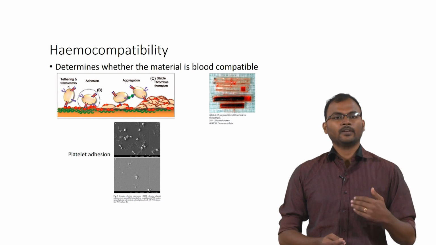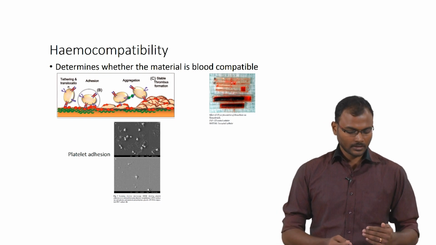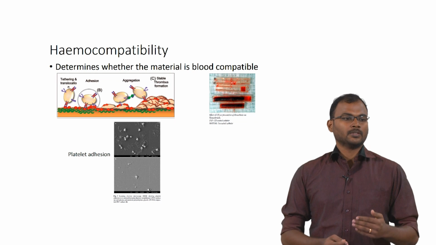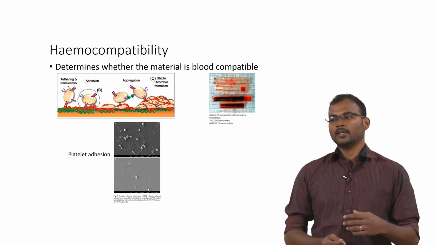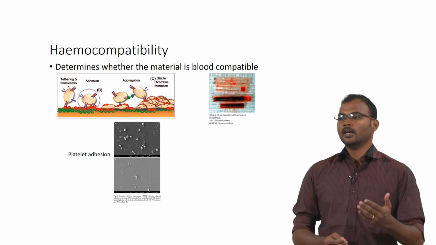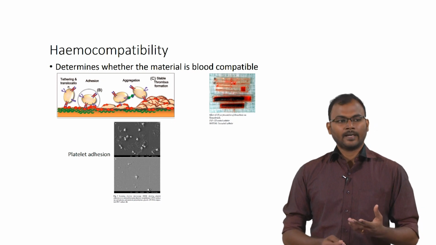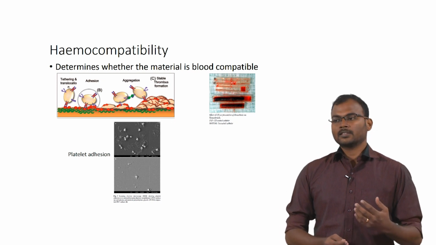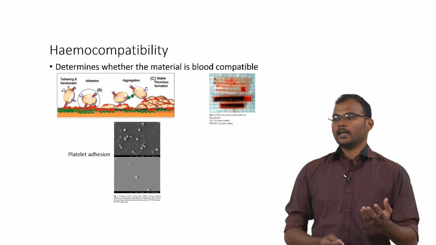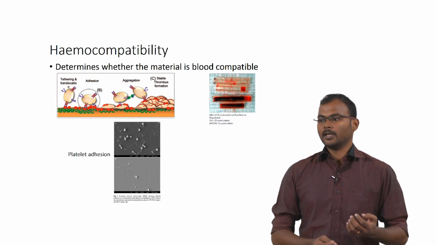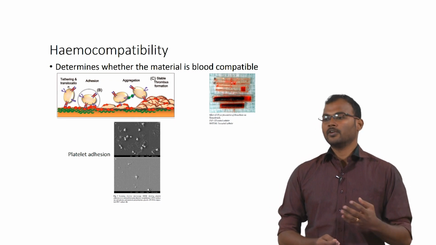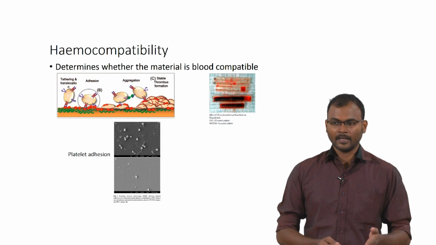So, first a platelet will adhere onto the material surface, then aggregation happens. If one platelet adheres, it will send out extracellular signals which will activate the surrounding platelets. It will act as a homing beacon, making the other platelets come into its nearby area, and it will form an aggregate. That is called platelet aggregation.